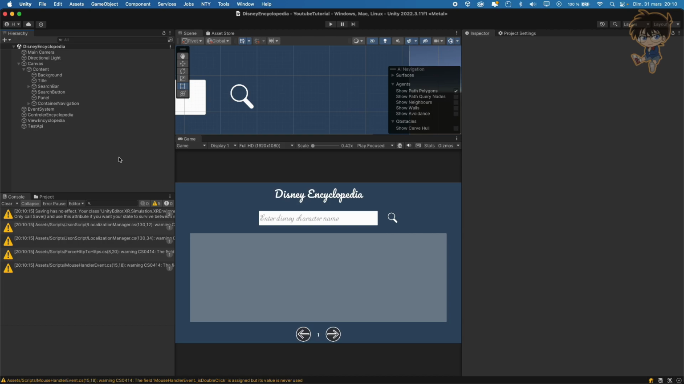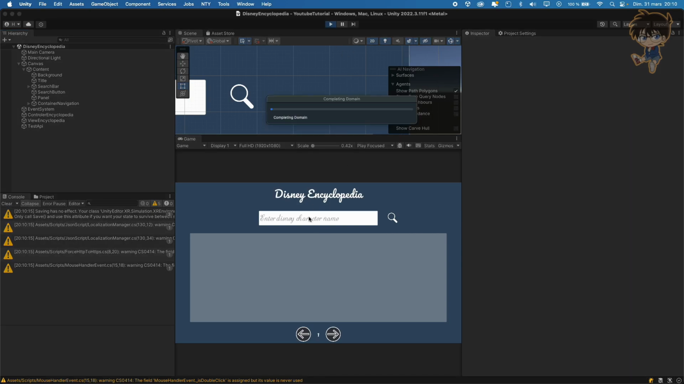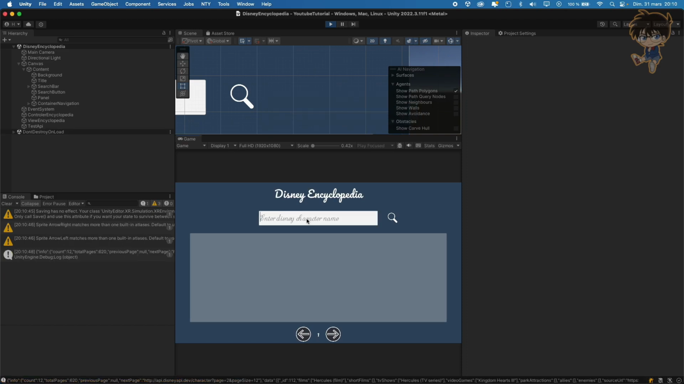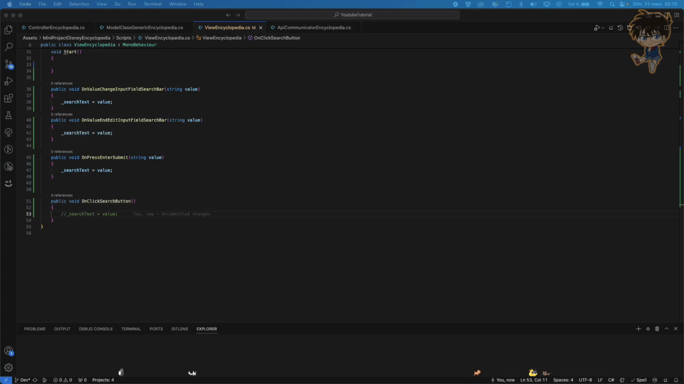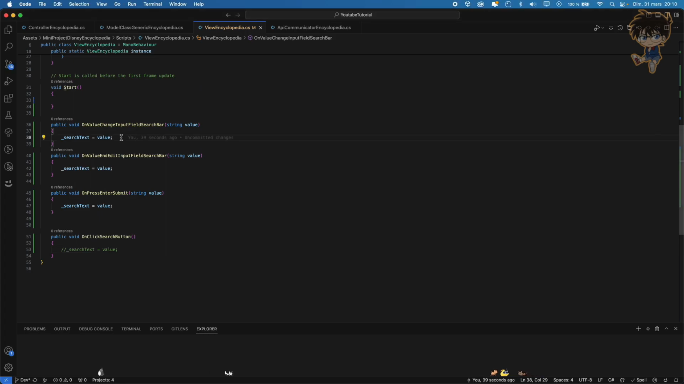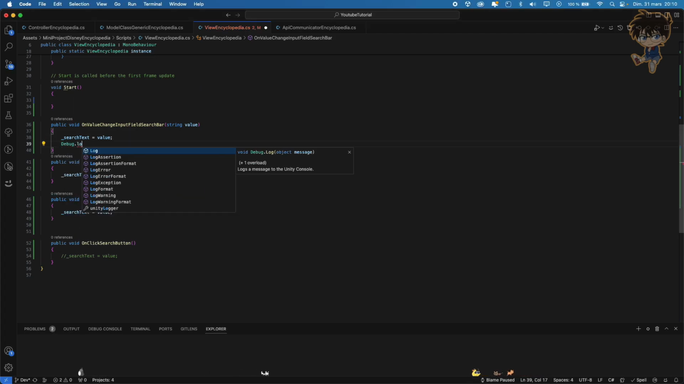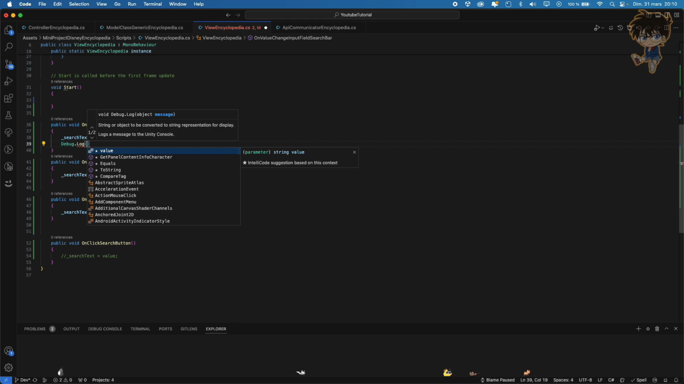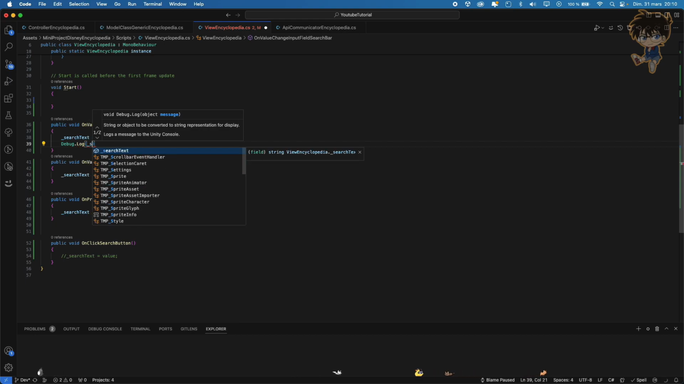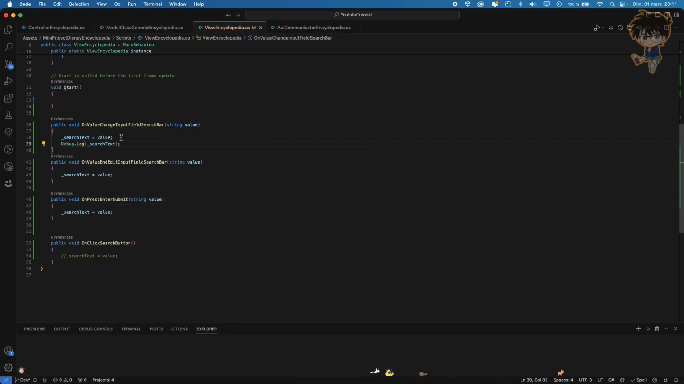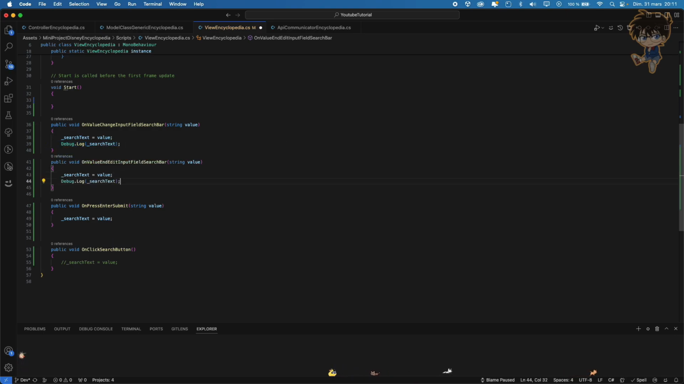So now what we want is, when I type something, right now it registers. Let me show you. If I put a debug over there, so Debug.Log, and we want to show the search text, and I will do the same for the end value like this. You will see in the console what is happening. So let's